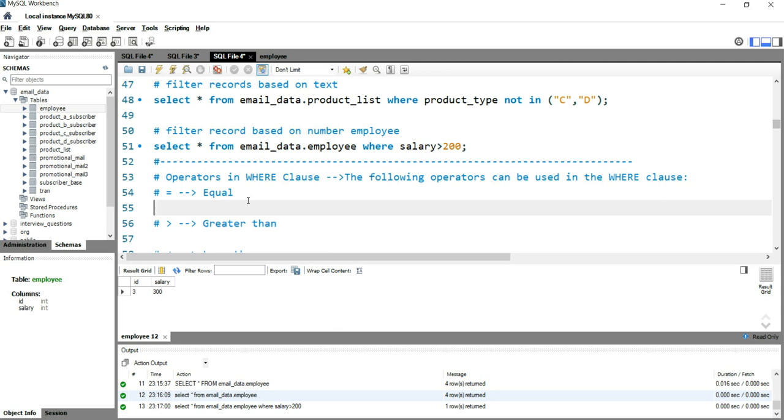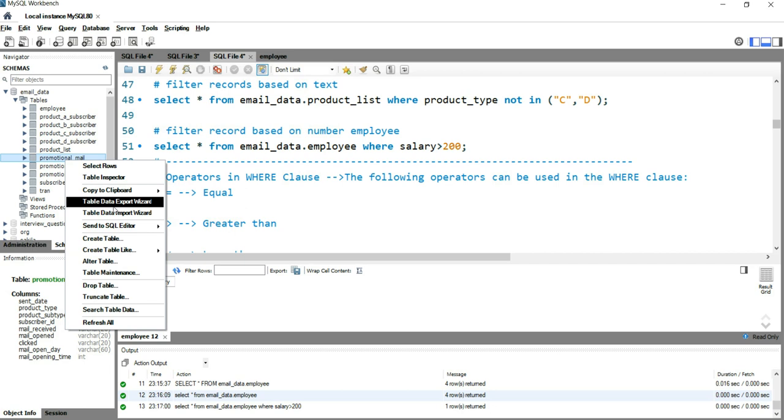Before writing queries, let's think about a situation. In our previous video we looked at how we can use a simple where clause in our SQL queries to extract data sets. Now we'll go one by one for each of these operators. The first one is equal to, and we will use this